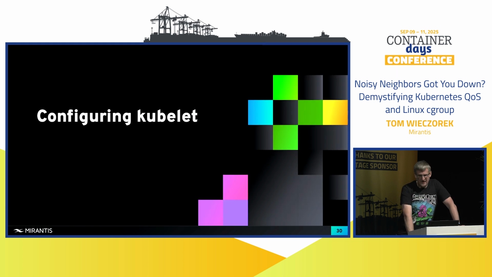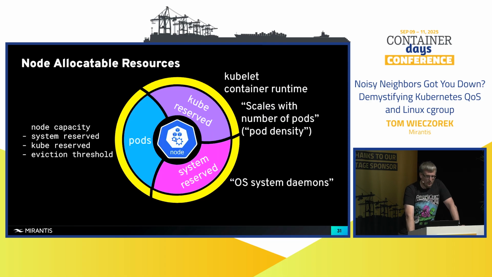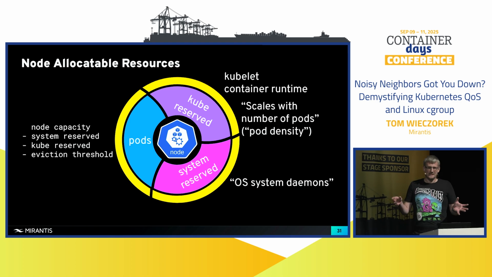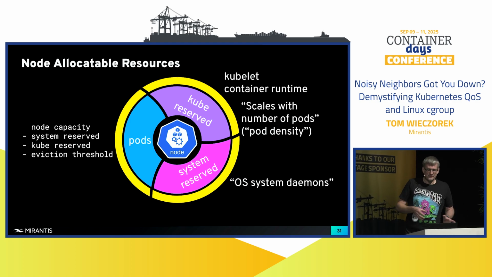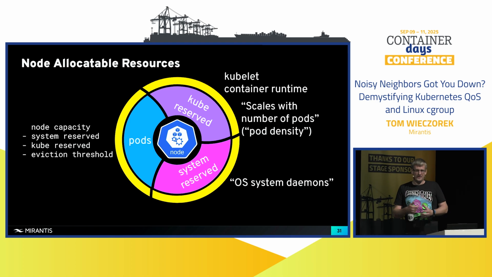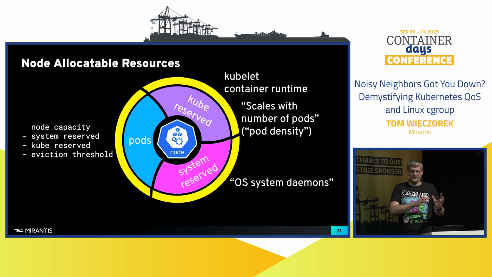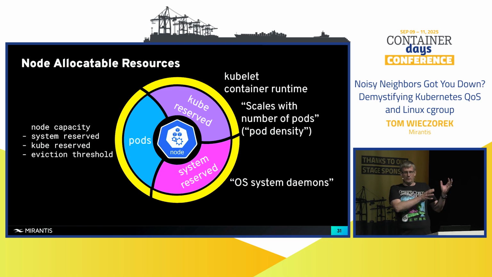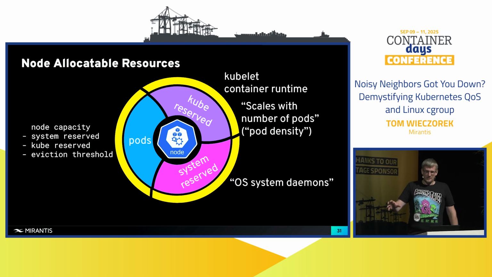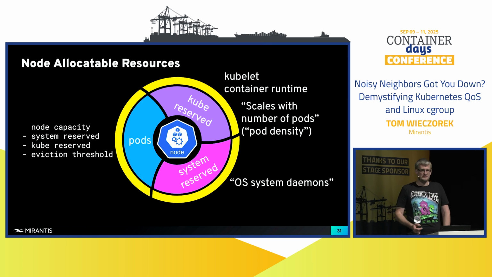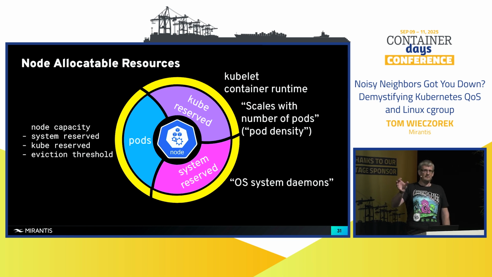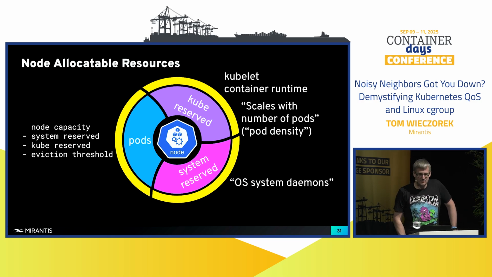So we need to configure that on the kubelet, actually. So what do we need to do there? This is how kubelet views the state of the world on the node. So we have three groups. We have the kube reserved, the system reserved, and the pods groups. So the pods group is the group that we've already looked at. Kubepods, system reserved, and kube reserved are pretty much mapping to the stuff that we've already seen on the systemd side. So system reserved is typically mapping to the system slice on the systemd side,